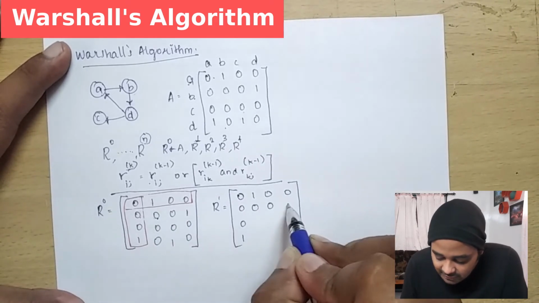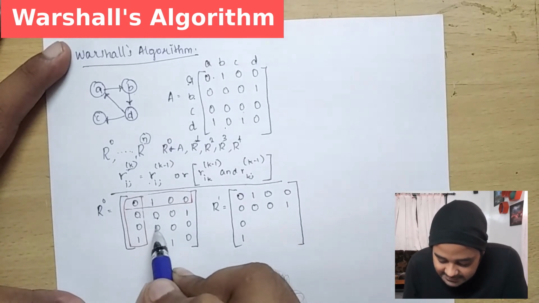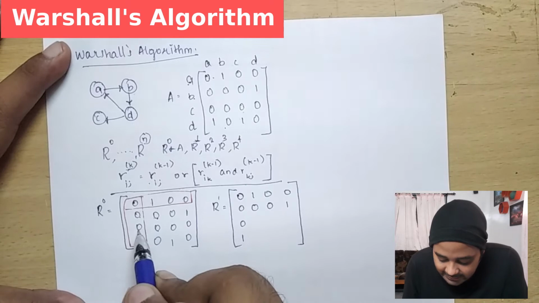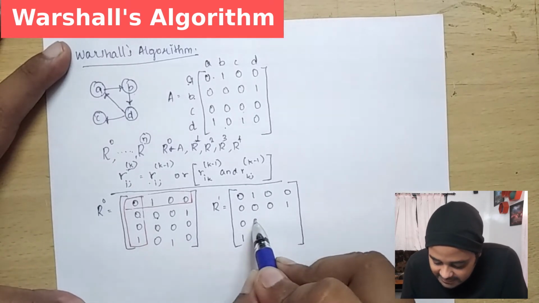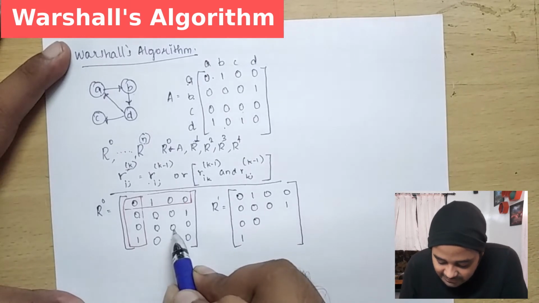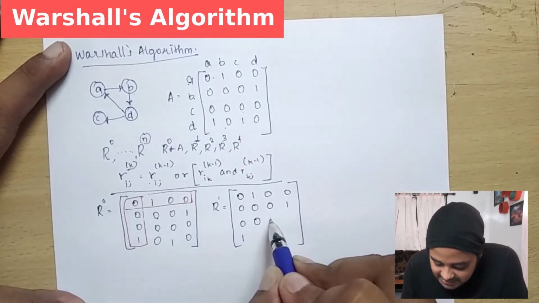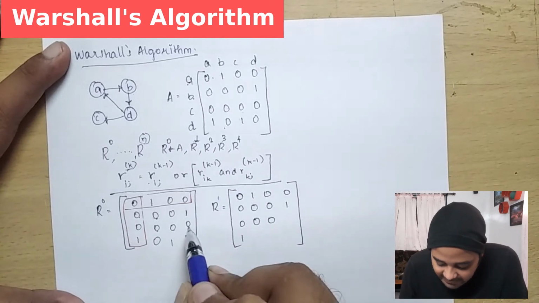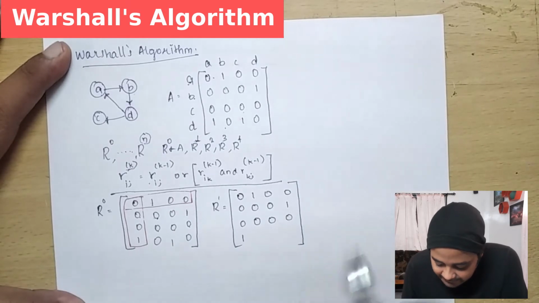For the next term, it is already 1, so there is no need for you to compare. Okay, for the next element, here it is 0, right? The highlighted column value is 0 and the highlighted row value is 1. So I just mark it with the previous value, 0. So here the previous value is 0 and your highlighted values are both 0. So I'm just marking it as 0. Here the previous value is 0, the highlighted values are both 0. So I'm just marking it as 0.